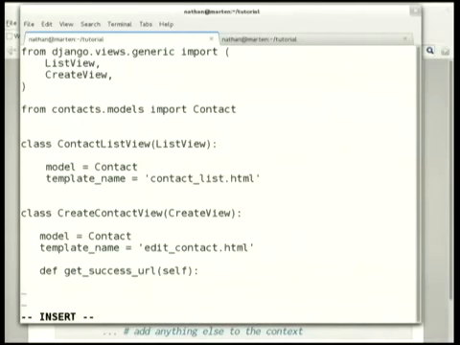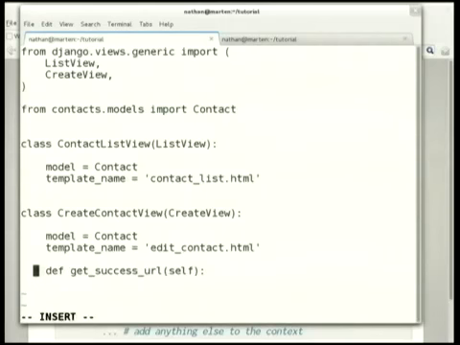And I think my indentation is off here. Oops. Okay, so